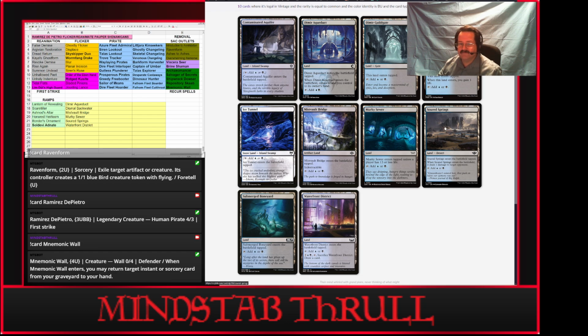Soured Springs comes into play and pings. And the District you can always sack to draw a card. So they all do something more than just I enter tapped, I tap for one of the two colors. I might have a relevant land type. Now that doesn't mean I can't use the